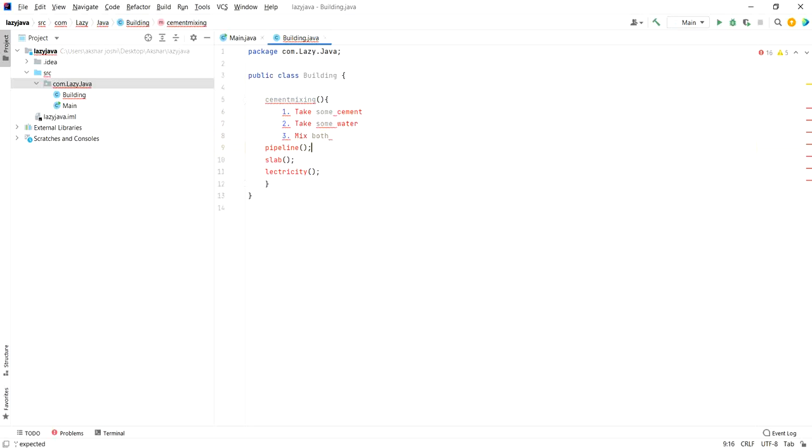Okay, so these are the functions that are done in the method of cement mixing. And for the pipelines, take a few pipes.